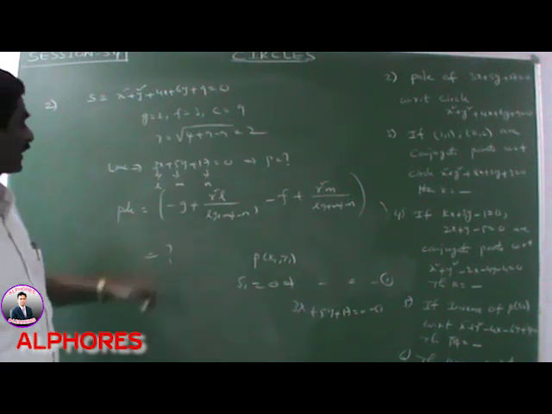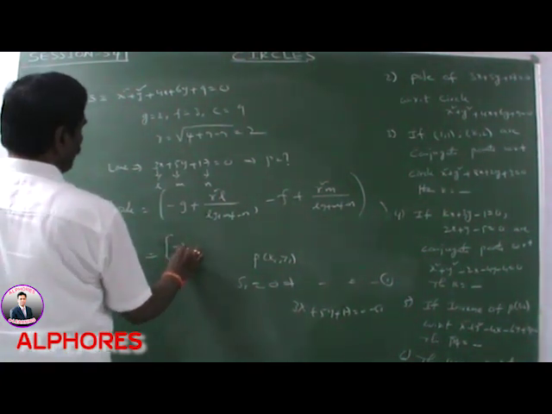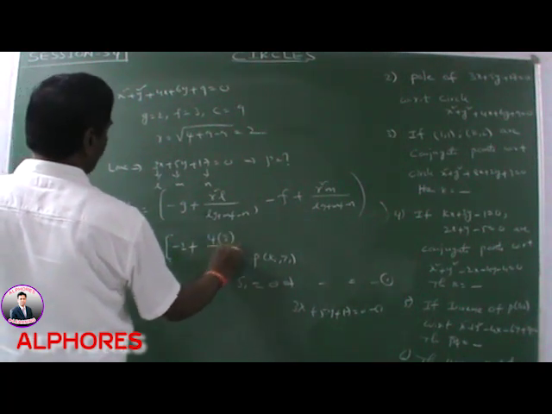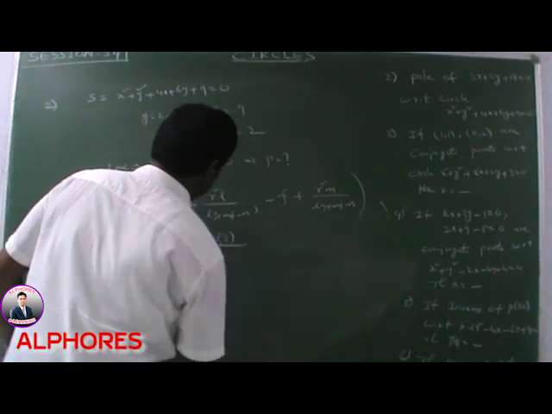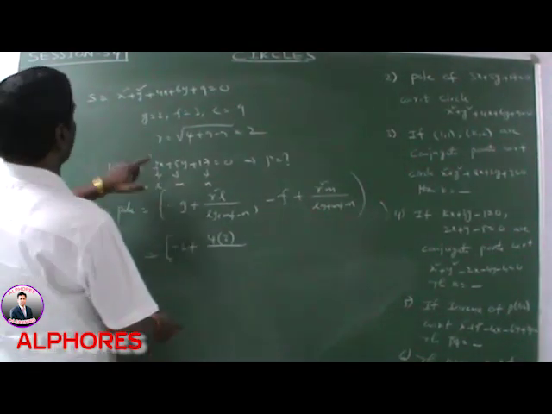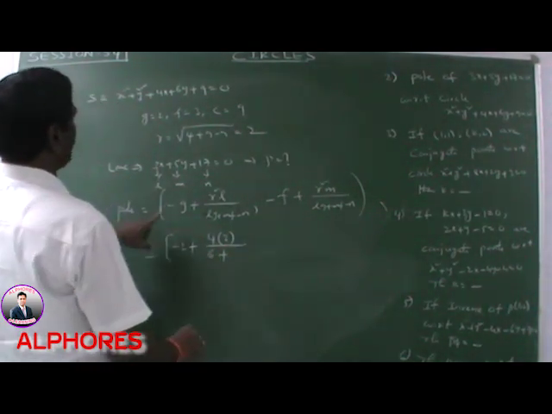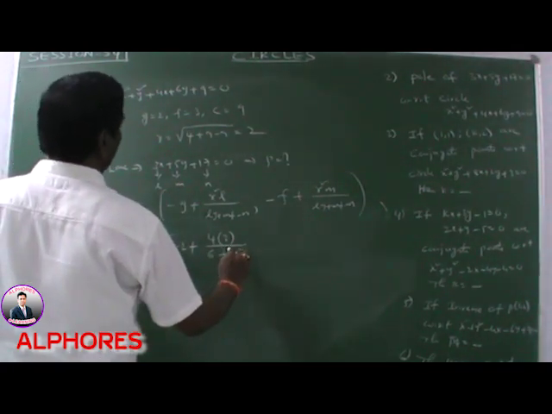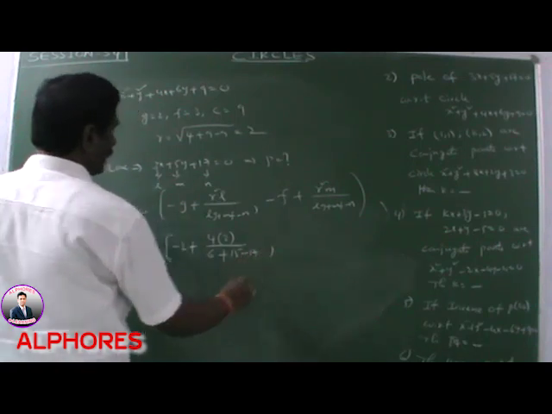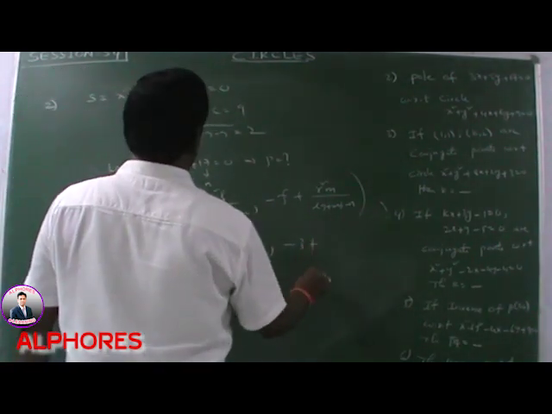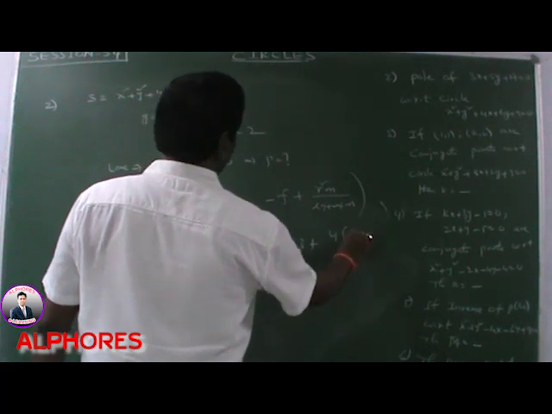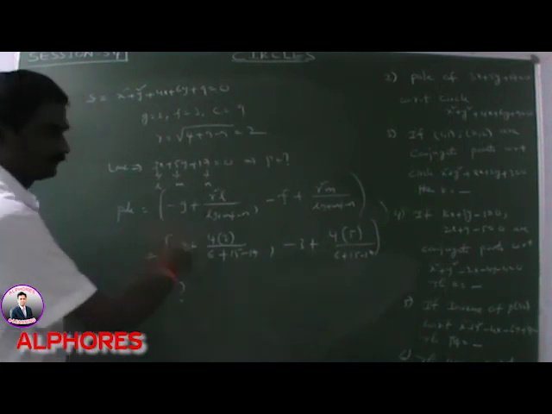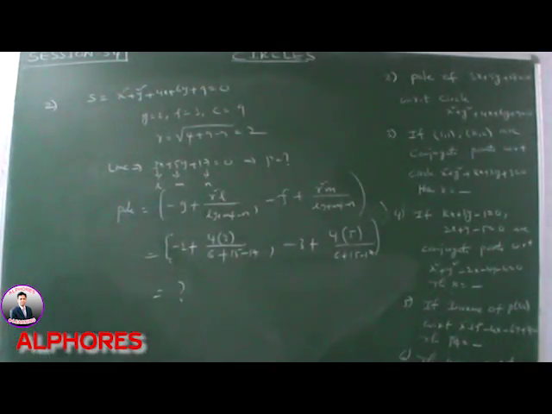Substitute these values. Minus g plus r square means 4 into l means 3 by l g plus... Lg 3 into 2, 6, plus m f, 5 into 3, 15, minus n means n value 17. Okay, comma minus f means minus 3 plus r square means 4 into m means 5 by denominator same. Simplify this value, we get the pole. Okay. Next,